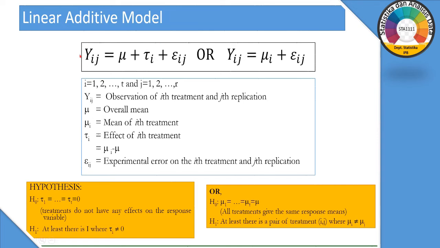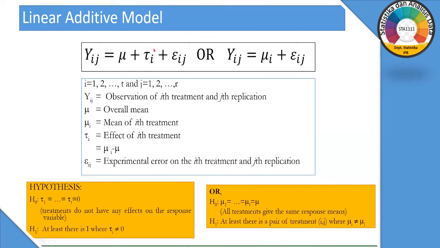So the why here is, in the experiment, we need to symbolize the response variable, the treatment, the errors, and so on in a mathematical symbol, right? For example, here, the response or the measurement you obtain is symbolized by the Y. This is the response, let's say Yij. I will represent something, J will represent another thing, right? So Yij, which is the measurement, is equal to overall mean plus